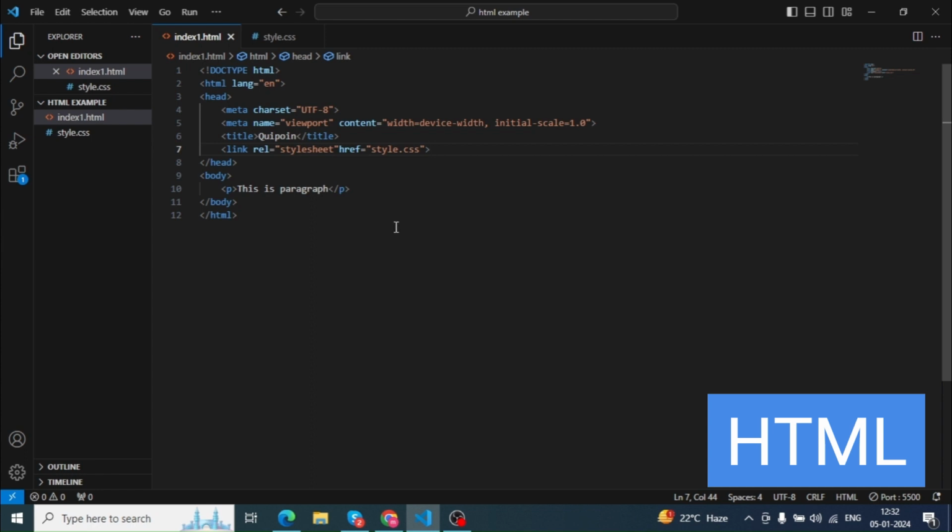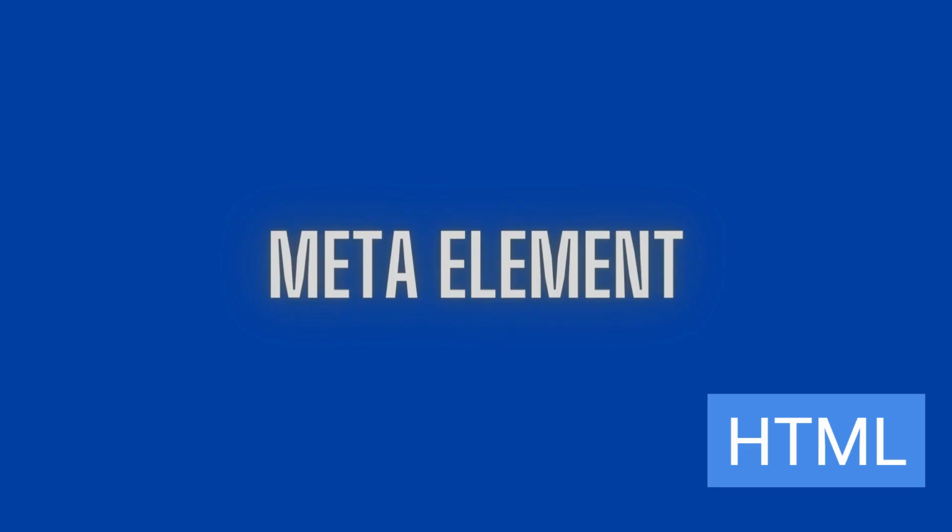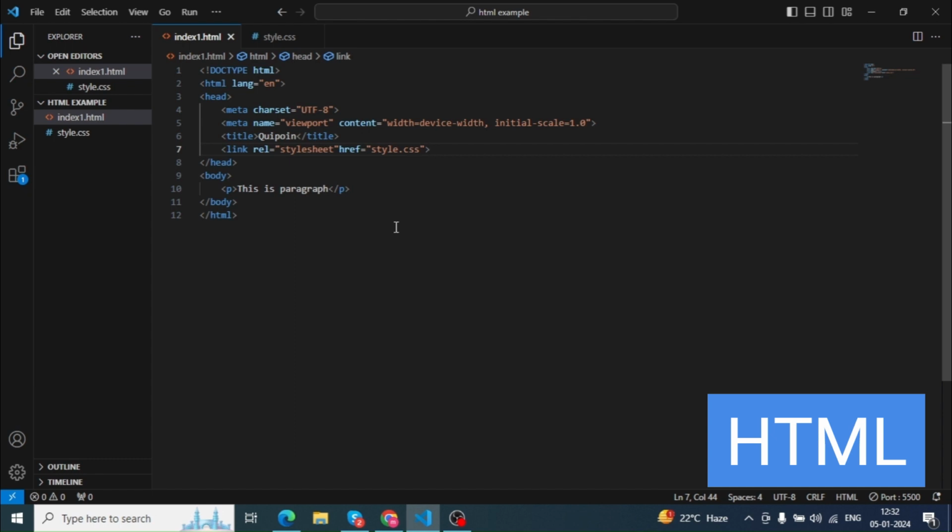Next is the meta tag or meta element. The meta element is used to specify the character set, page description, keywords, author, and other metadata of the web page. The metadata is mainly used by browsers, servers, search engines, and other web services to rank their website.